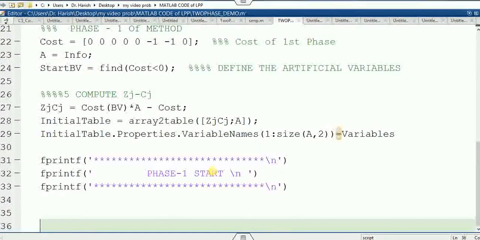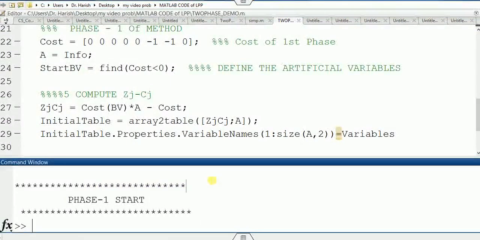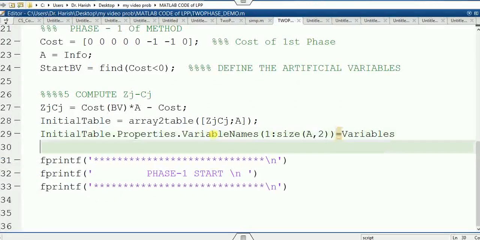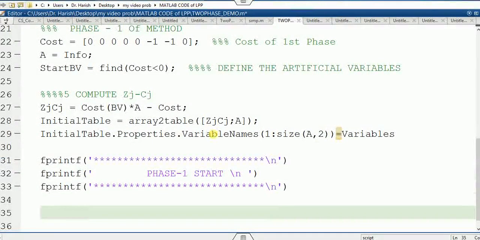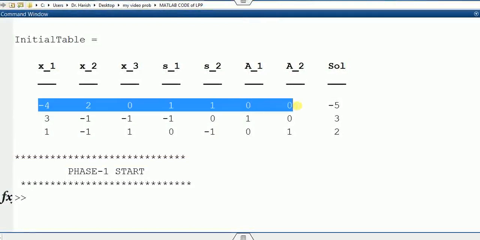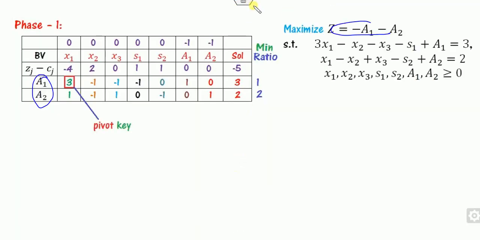So this is phase 1 start. Now in phase 1, you first have to find the entering variable. How do you find it? Look at my values here. You have to find the most negative value among only these, not from this one. For example, in this case the entering variable is from -4, not from -5. It means you have to find the minimum among all the columns except the last one. So I have to remove this last column.